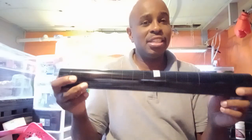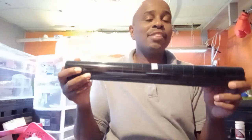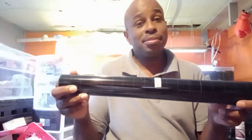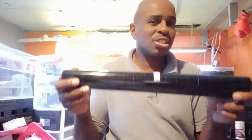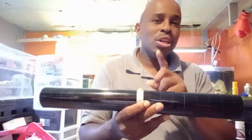6 feet by 18. So no, it will not fit your standard 125-gallon tank, which is about 22, I think, or 23 inches long. But think about it this way. When you have your tank set up